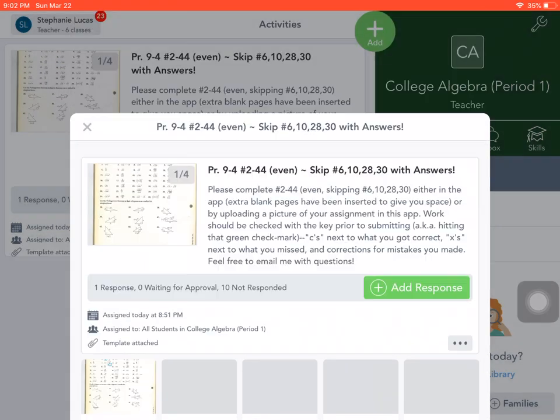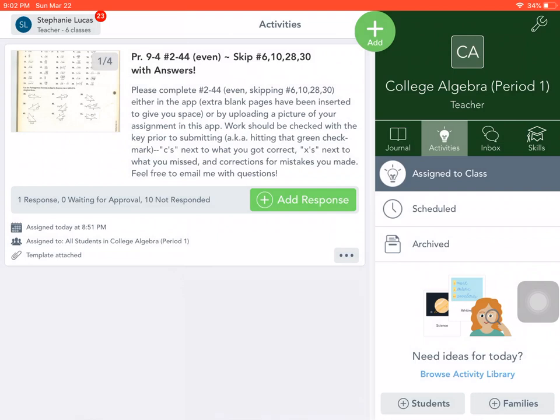That'll be a nice place for me to just quickly look at your work and make sure that you're on the right track. So I hope